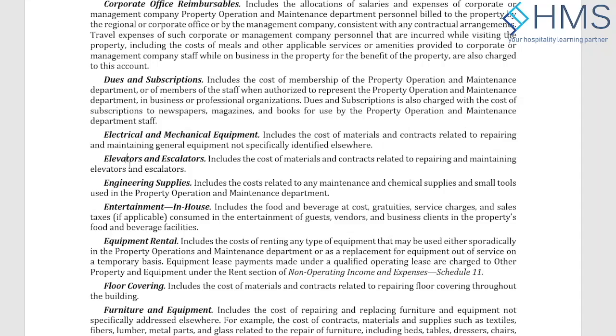Then you have elevators and escalators. So the cost of elevators, escalators, you have fixed maintenance charges plus the ad hoc maintenance charges will be here. Sometimes the biggest line item expense which I have seen in the elevators is the rope changing, right? Elevator has the rope and sometimes the body of the elevator.